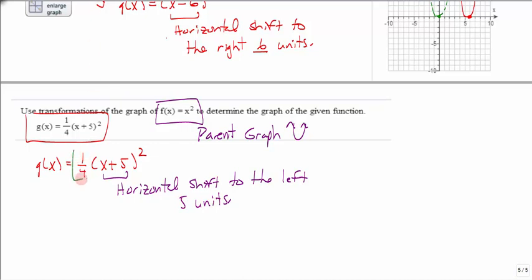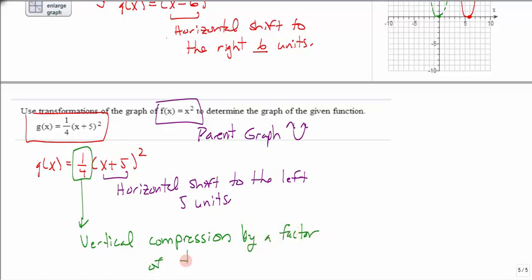Now what about this 1/4? This is a vertical change because it's on the outside of the parentheses of the argument. This is a vertical compression because this is a fraction. If it was within the parentheses, we would know it would do the opposite, but because it's on the outside, we know exactly what it does. This is a vertical compression by a factor of